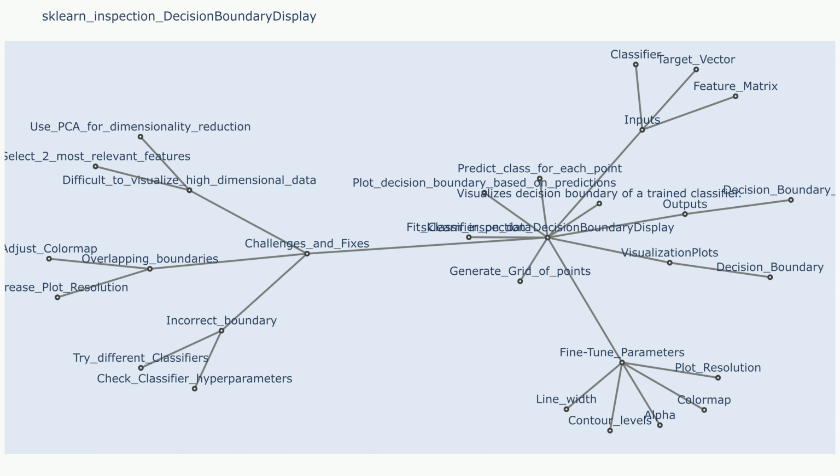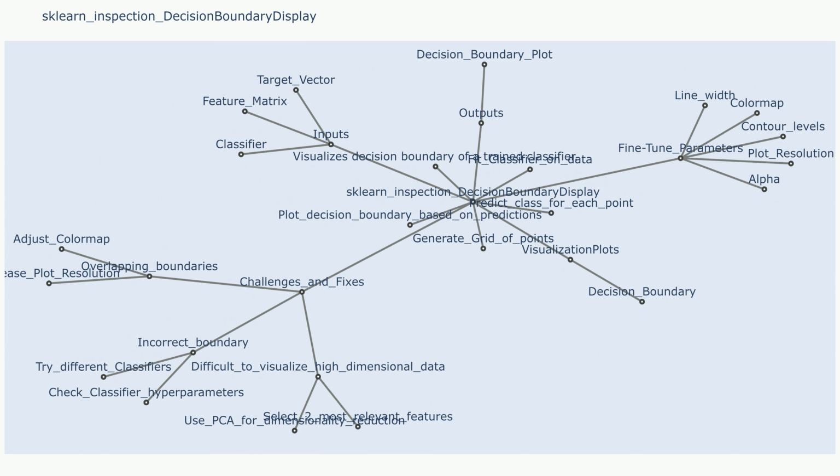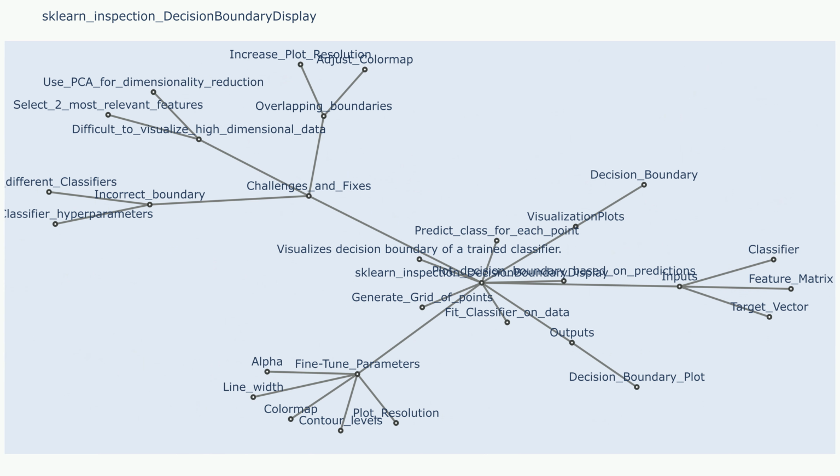Challenge 4: nonlinear decision boundaries. DecisionBoundaryDisplay might not be able to perfectly represent nonlinear decision boundaries, especially if the decision boundary is highly complex. Sample use case that resulted in challenge 4: you are using a nonlinear classifier like a support vector machine with a nonlinear kernel, and the decision boundary is a curved line or a complex shape.